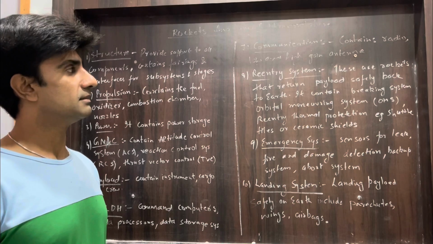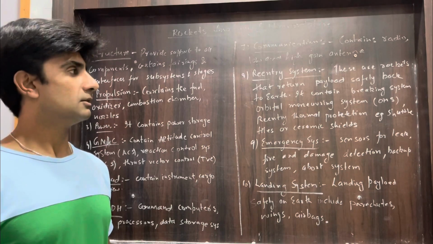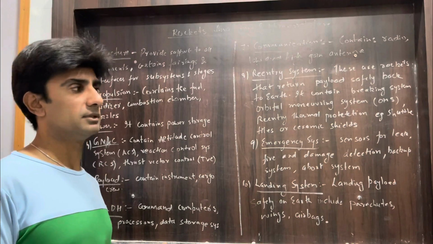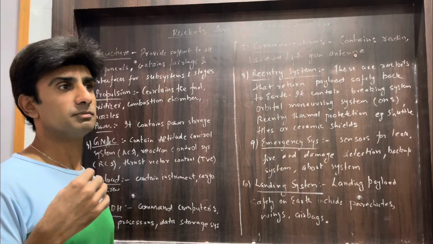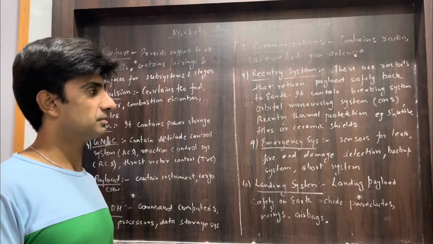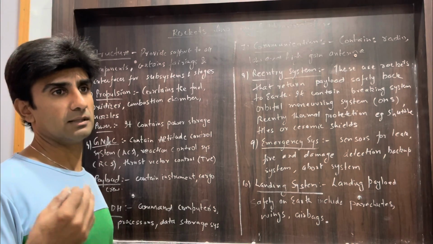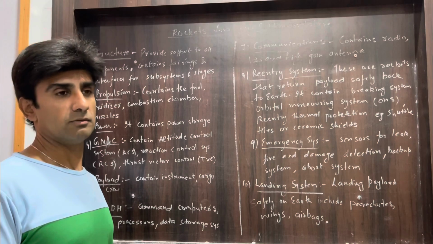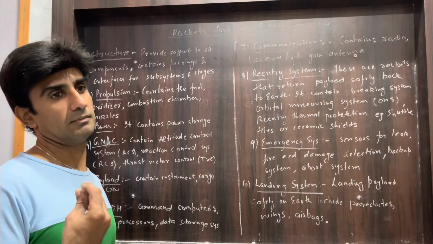And re-entry system, these are the rockets that return the payload safely to the earth. So it includes the orbital maneuvering system that helps the rocket to enter into the earth orbit, braking system that help the rocket to reduce its speed because when it enter into the earth orbit because of the gravity it attains very high speed, and ceramic shields are used to protect the rocket from the heat of the atmosphere because when it enters because of the friction of the air, rocket can catch fire. So these shield protect the rocket.